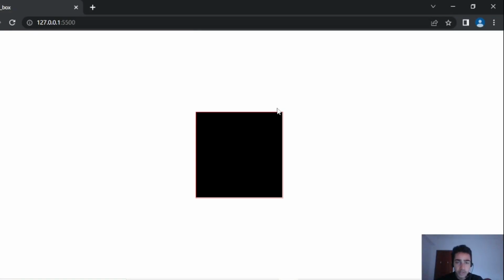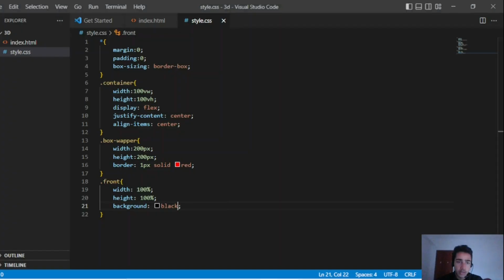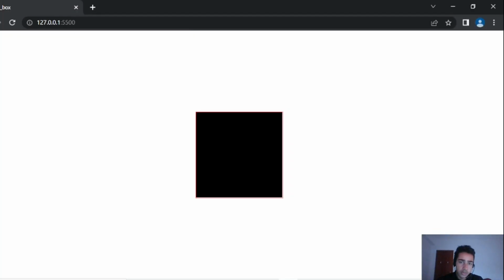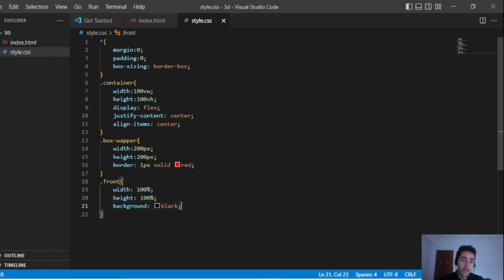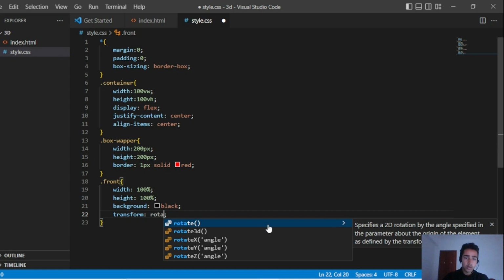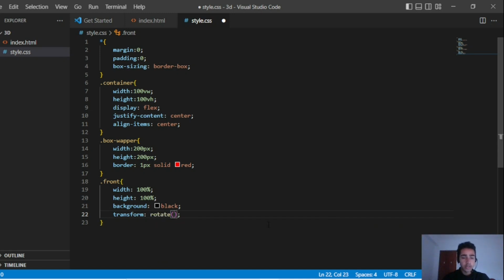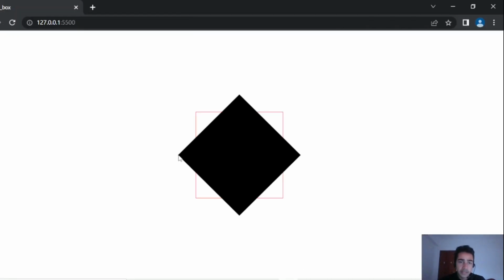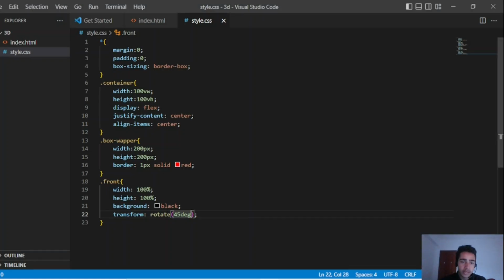Yeah, this is it, and height will be, everything is fine. And now we are going to transform this front class, property transform, rotate 45 degree. As you can see, this is property transform. You can rotate the element, you can rotate or scale. What is scale? Scale is